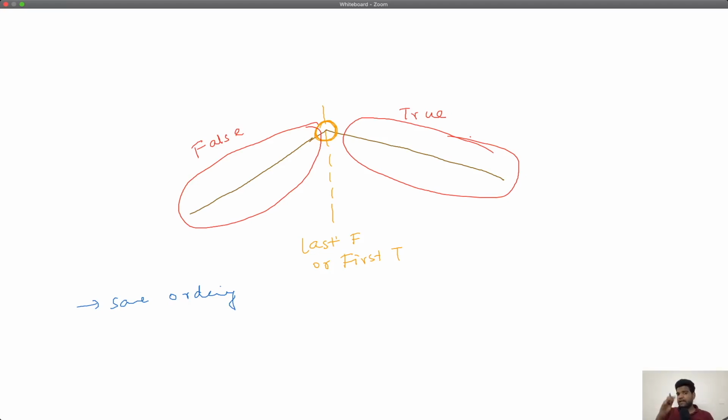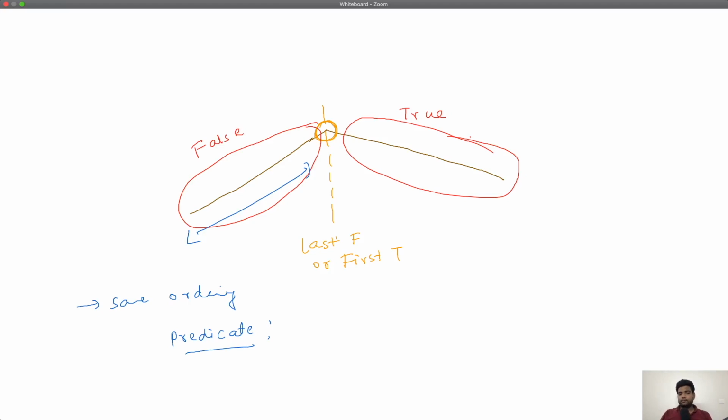So can you use that property as a predicate? If your predicate is some property of a decreasing function, then it will definitely be false for this part, right? And it will be true for this part. So can you come up with some predicate which will be a characteristic which is true only for decreasing functions and false for increasing functions? What kind of predicate can you think of?